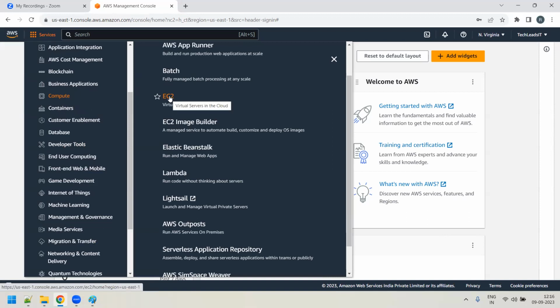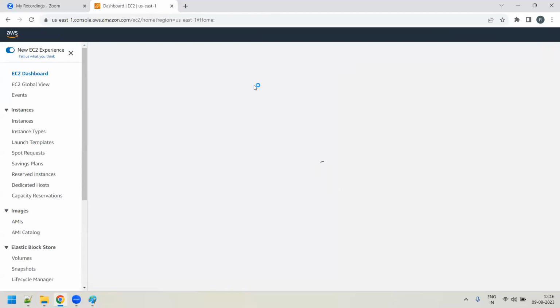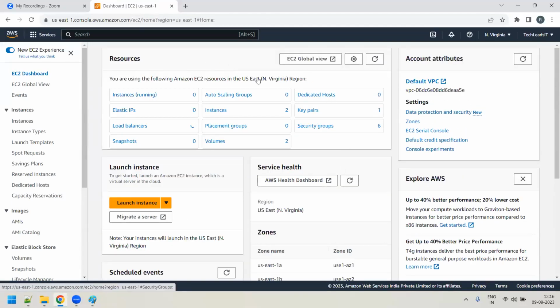Click on EC2 and it will redirect you to the page where you will see the EC2 dashboard. In this EC2 dashboard, you have to go and create the servers.